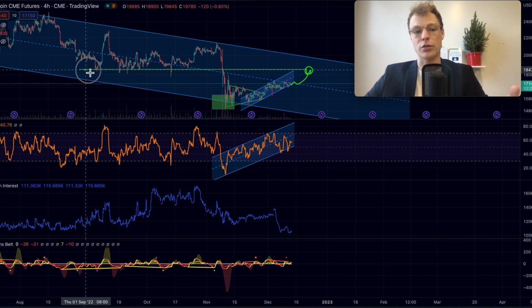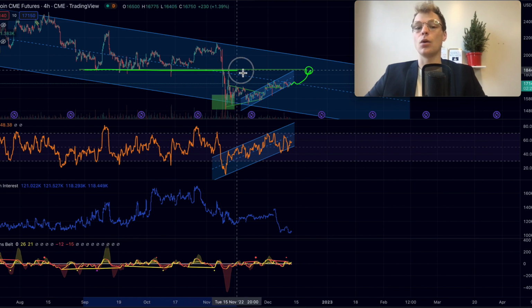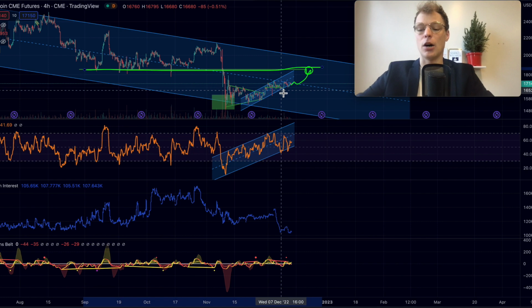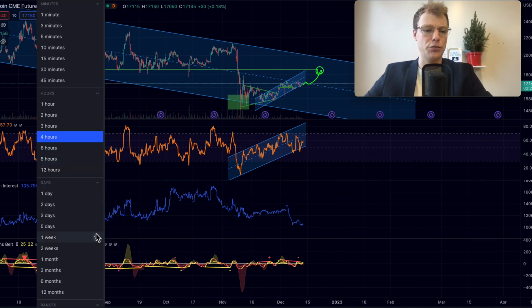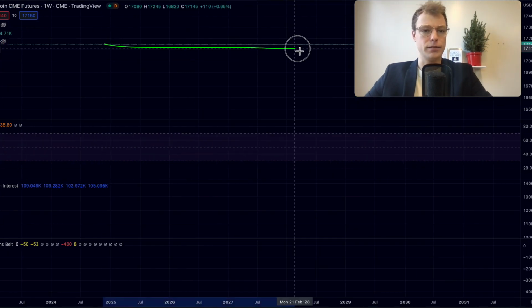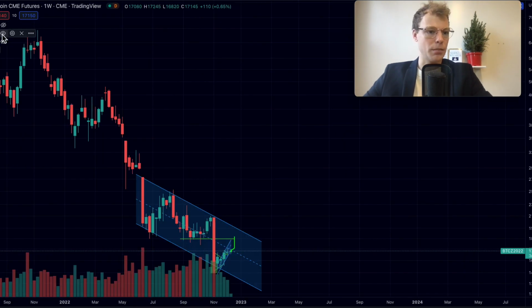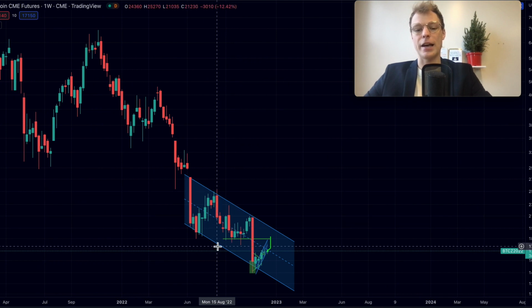But what I'm trying to say is the former support right here will most likely be tested after a decisive breakout. And that is going to be an important level, of course, because if we were to zoom out right here on a weekly time frame, and then zoom in again, let me just make the Bitcoin chart right here, so we can see that on a weekly time frame,